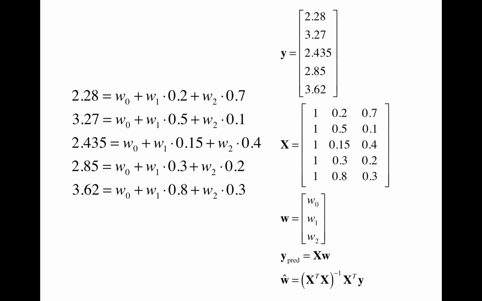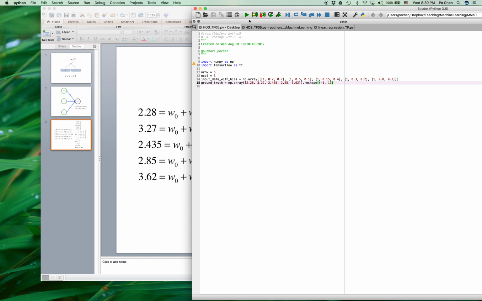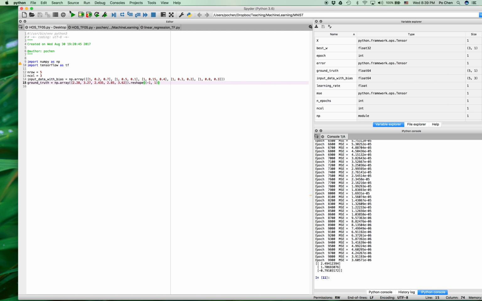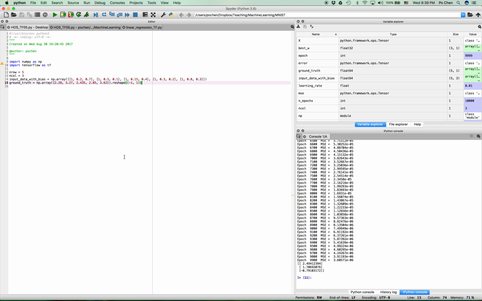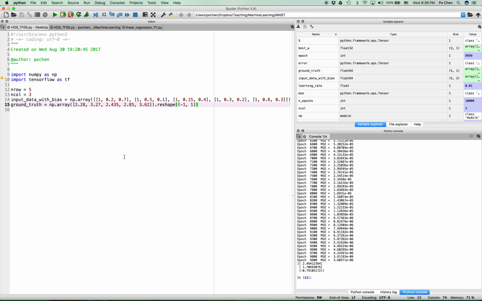So let's go back to Spyder and implement the solution to this problem using a few different approaches. Let's start by constructing a few NumPy arrays for representing the input data matrix X and the ground truth vector Y. Here I have already finished writing the code